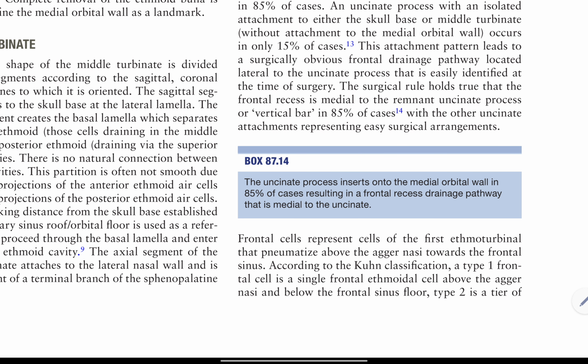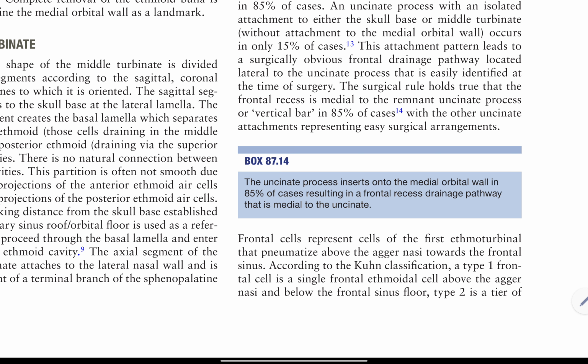This attachment pattern leads to a surgically obvious frontal drainage pathway located lateral to the uncinate process that is easily identified at the time of surgery. The surgical rule holds true that the frontal recess is medial to the remnant uncinate process or vertical bar in 85% of cases, with the other uncinate attachments representing easier surgical arrangements. Box 87.14. The uncinate process inserts onto the medial orbital wall in 85% of cases, resulting in a frontal recess drainage pathway that is